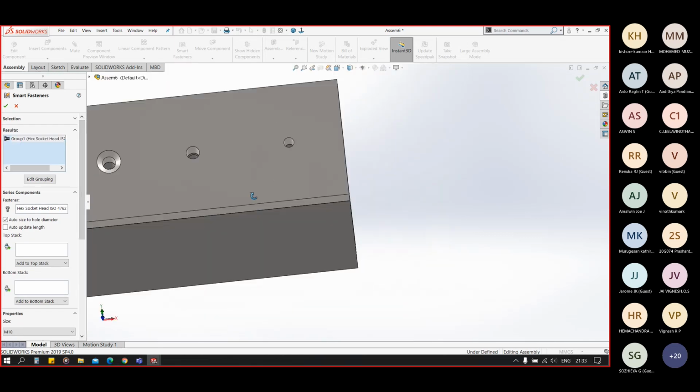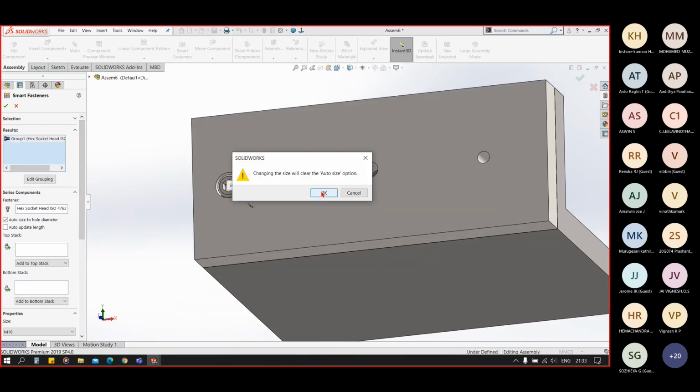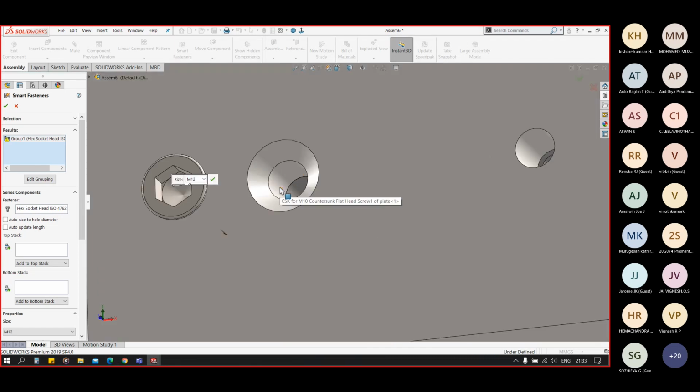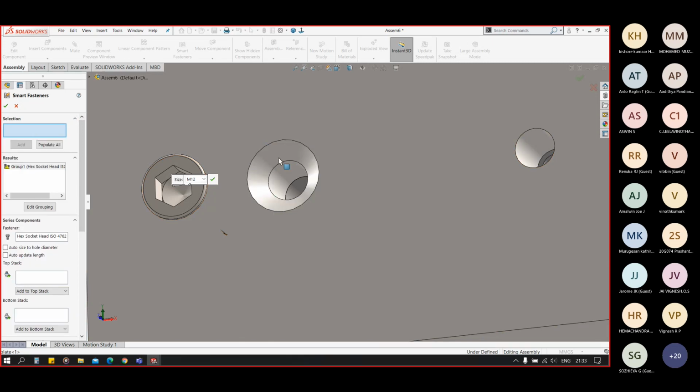So now let's click on the second hole. This. Click on the second hole and add.